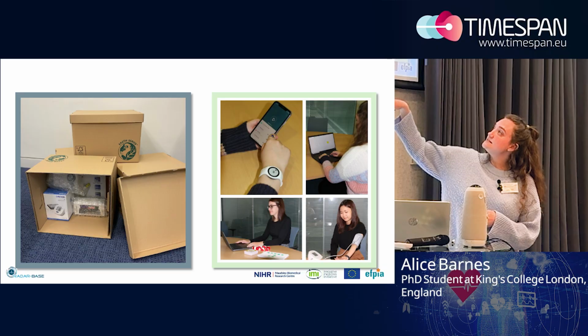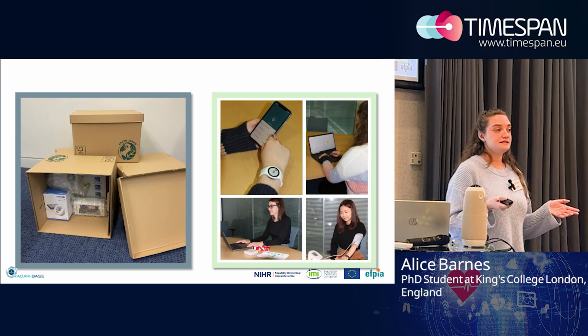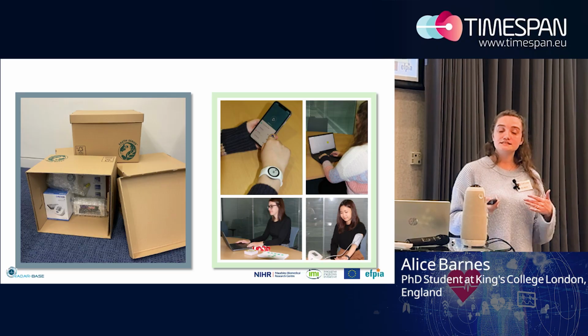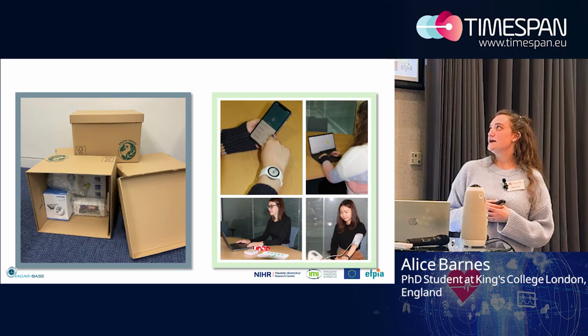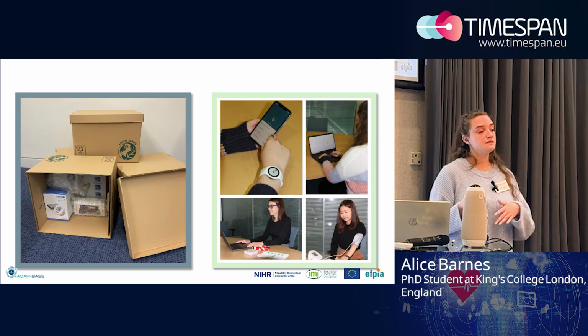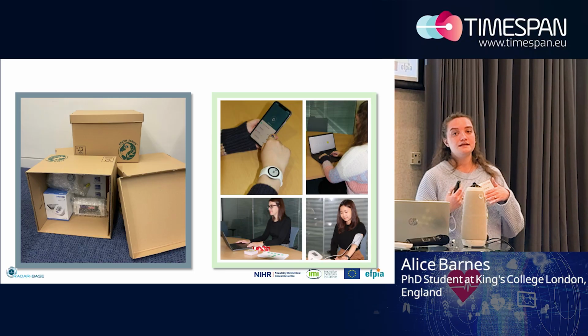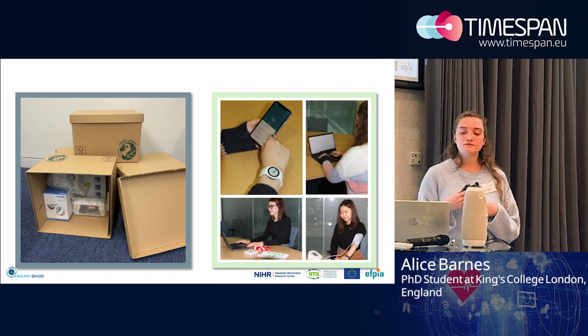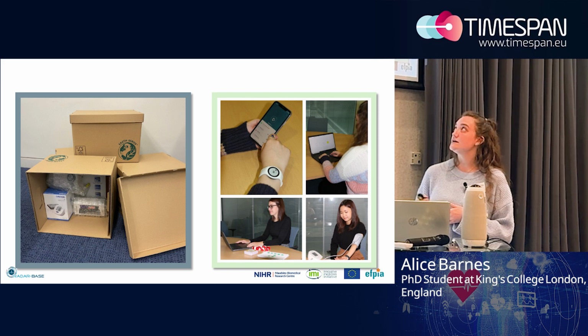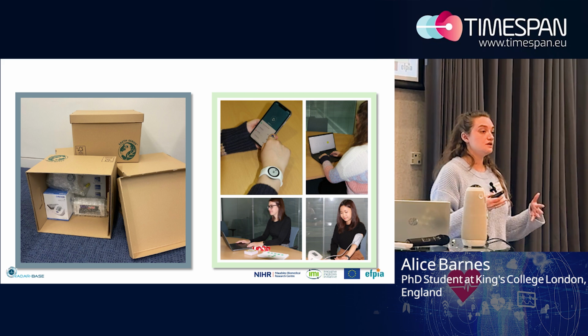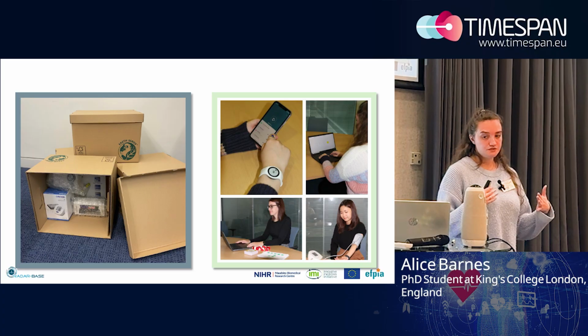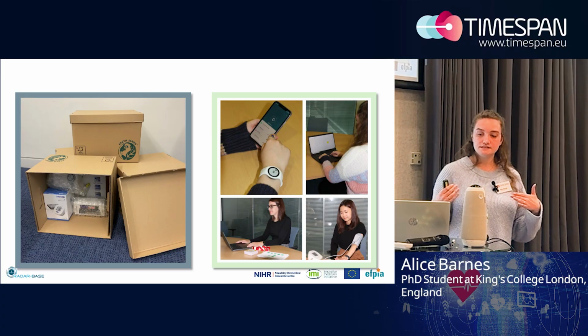So you can see the devices here, basically just a box with some weighing scales, a blood pressure monitor, a phone, and also an Embrace Plus. Many people did have their own weighing scales or blood pressure monitors, but we decided that it was best that we provide our own, just for consistency, to ensure that everyone had consistent measurements.